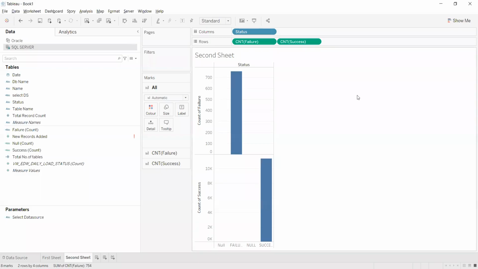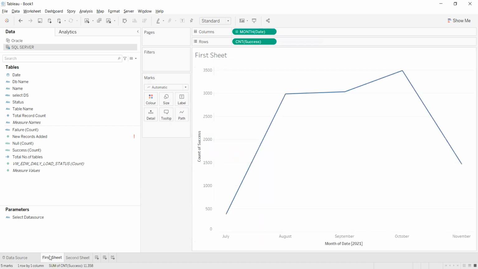Hi everyone. In this video, we will see how to change the data source from one to another. In a project, we are sometimes migrating from, let's say, Oracle to SQL Server or SQL Server to Hadoop, whatever the source and new data source are. If we have created a dashboard connecting to Oracle, and they are now migrating from Oracle to SQL Server, we have to point our dashboard to the new data source or new database. So let's understand how we can change the data source in Tableau.